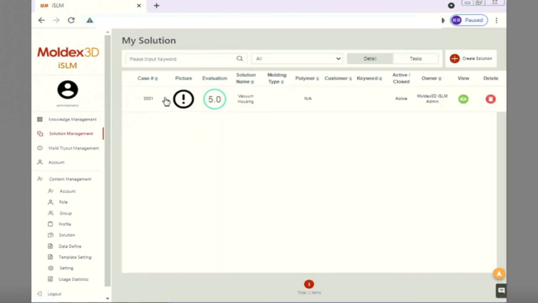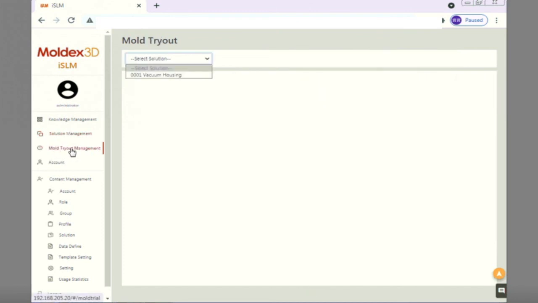When you actually import the project, it'll find a picture file and place that here as well. So don't be too alarmed by this little exclamation mark. It just means that the project hasn't been uploaded yet. So just keep that in mind. But it'll give all of the information here. You have your molding type, your polymer that's being used, customer, keyword, all that stuff can be input as we go along. Going down to mold trial management, we're going to find the solution that we just created,